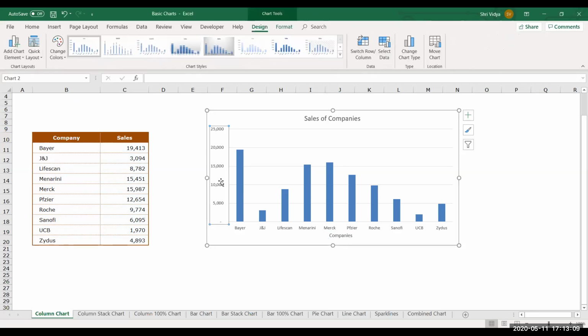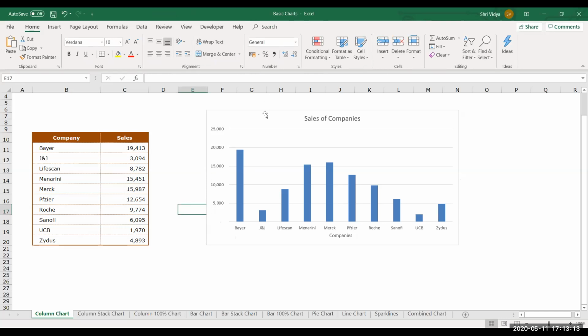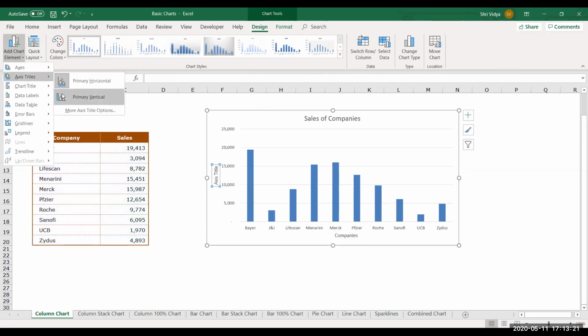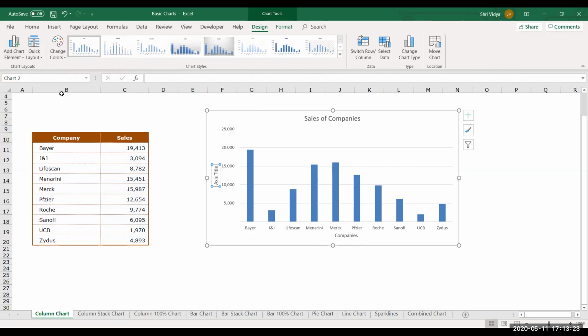And for this axis too, I would like to see a label. You need to keep the chart selected, go to the design tab, take add chart element, go here to axis titles, and choose primary vertical. Again, you get an axis title over here. And for this, you can change it. I'll say sales value.